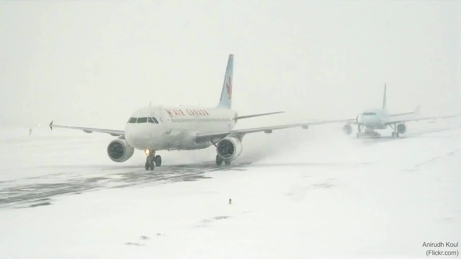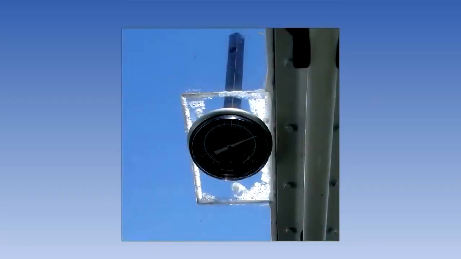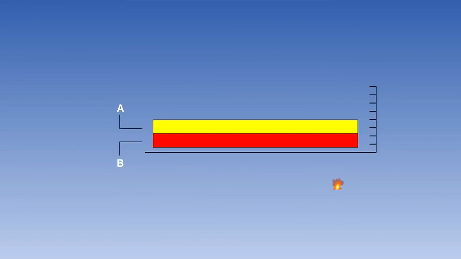It is the true outside air temperature that we need to know, so in this lesson we are going to look first at the basic types of air temperature thermometers in use and their principles of operation. Next, we will look at a typical total air temperature probe of the type used on modern high-speed aircraft. And finally, in this lesson we will consider the errors which the instruments are subject to. Air temperature thermometers can be divided into two basic types: the direct reading thermometer and the remote reading thermometer. We will consider the direct reading thermometer first.